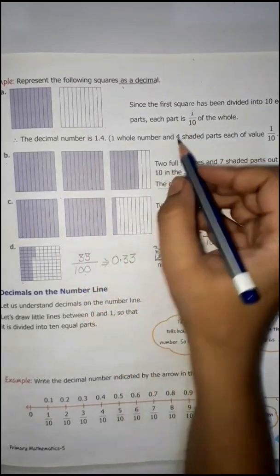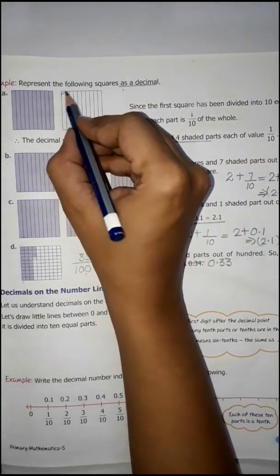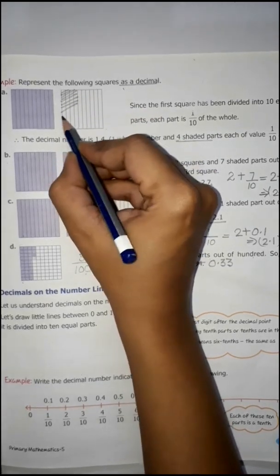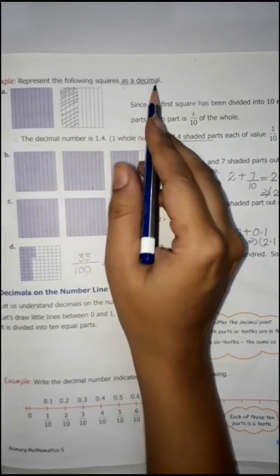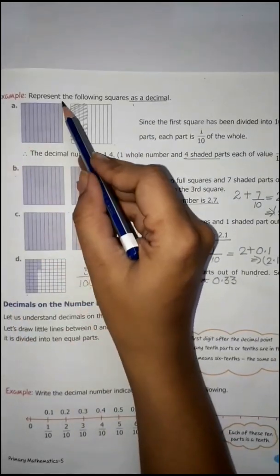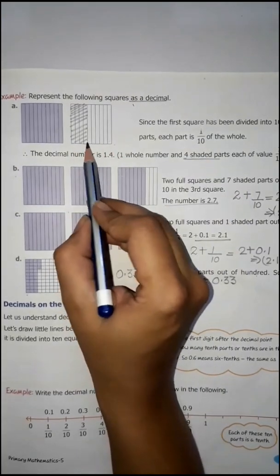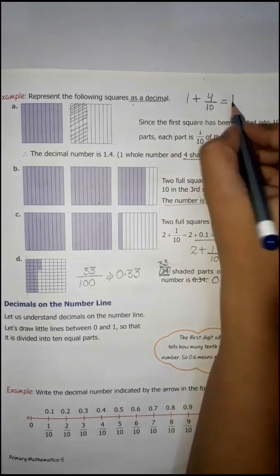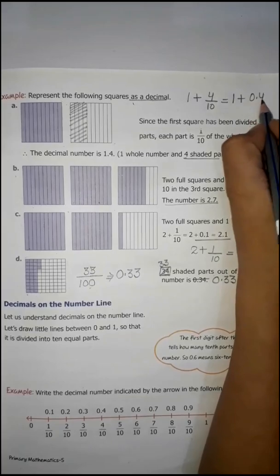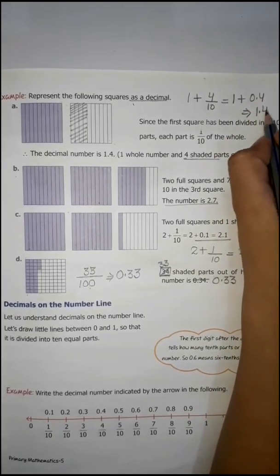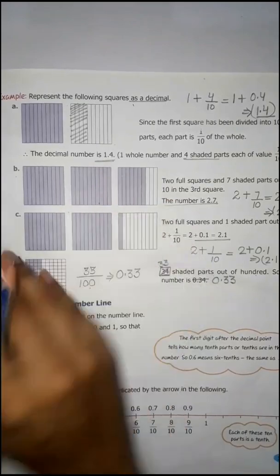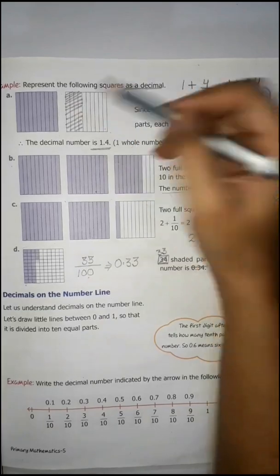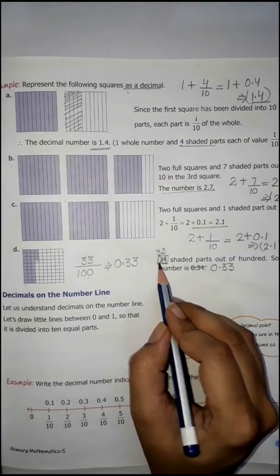And children, one more mistake in this part. They have solved it according to 4 shaded parts. So either you shade the 4 parts. Now let's see the decimal of part A. 1 complete is shaded and out of 10, 4 are shaded. So what can we write? 1 plus 4 by 10. So it will be 1 plus 0.4. Then the answer will be 1.4. See, the answer is 1.4. Please make these changes. Shade the 4 parts and this should be 33 parts.